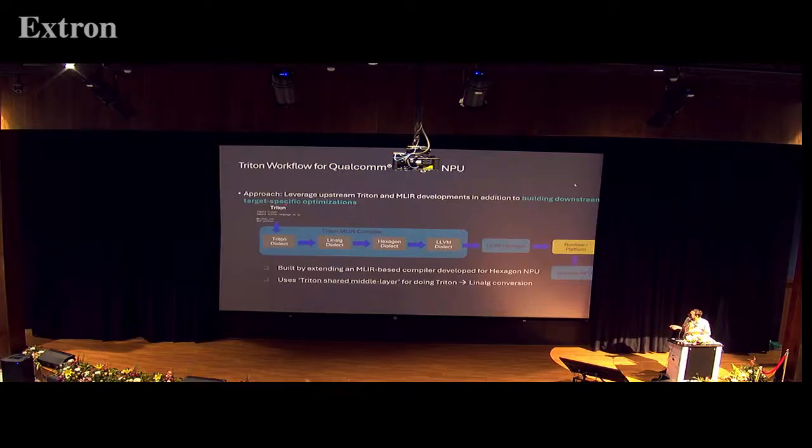So this is the high-level flow we would be looking at. When we want to support the Triton workflow, you have a Triton custom kernel. It can be optimized, it may not be optimized. It gets converted to a Triton dialect. And we are not directly converting from the Triton dialect to a Hexagon dialect or a custom backend dialect. We want to leverage the Linalg dialect. The reason is it offers tiling and fusion, which are very important for the Hexagon dialect. That's why we had to introduce it in the workflow, so that the Hexagon dialect benefits.